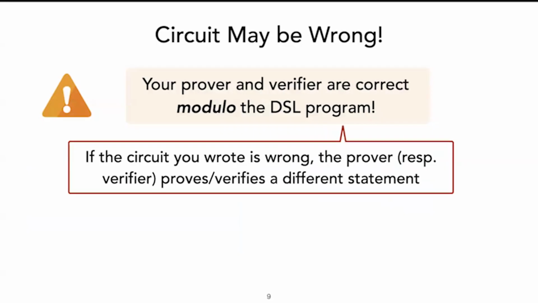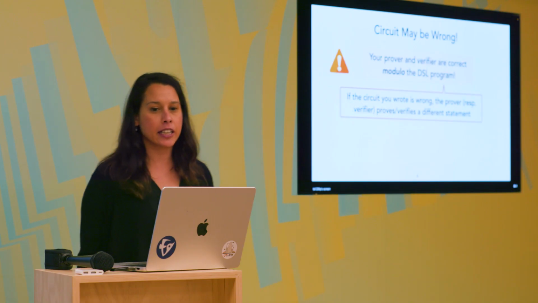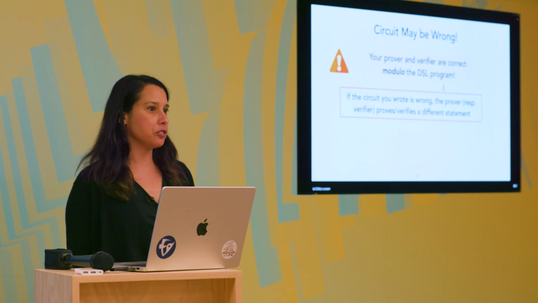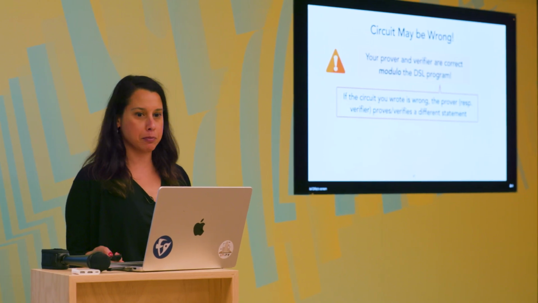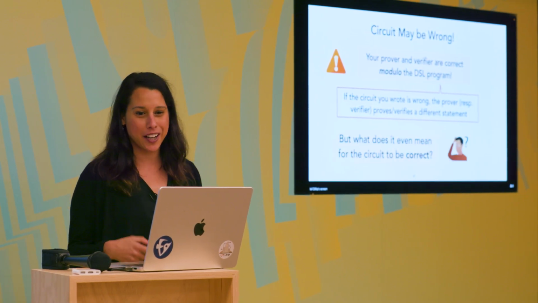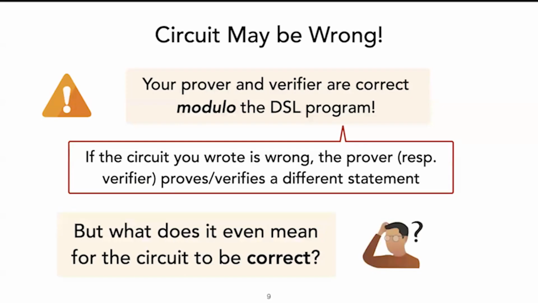And in particular, if the original circuit you implemented in your DSL has a bug, then what's going to end up happening is that the prover is going to end up proving a different statement than the one you intended, and similarly, the verifier is going to be trying to verify a different statement than you wanted to verify. But now at this point, this begs the question,